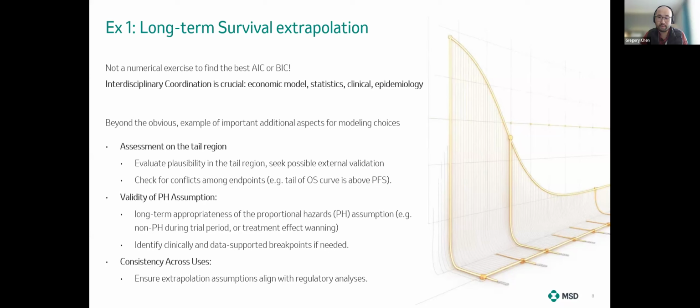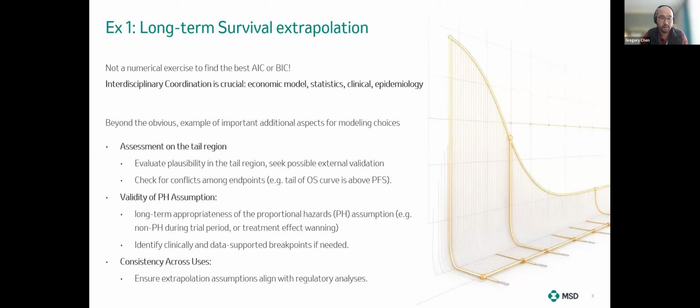Beyond the obvious consideration for model choices, there are several additional aspects that require interdisciplinary coordination among economic, statistics, clinical expertise, and epidemiology. For example, assessing the tail region, which might then require real data to seek validation about the external validity, and some sanity check on possible conflict among the endpoints, such as expecting the tail of the OS to be above PFS everywhere,